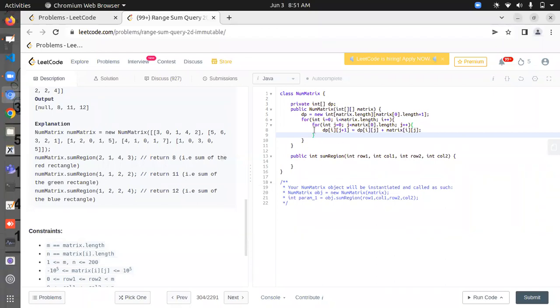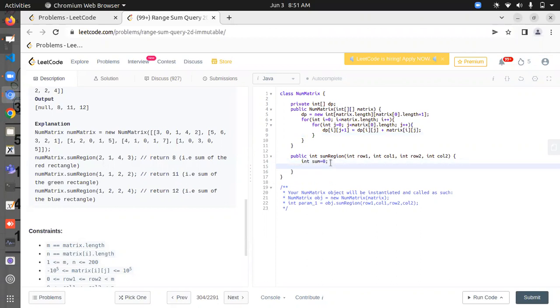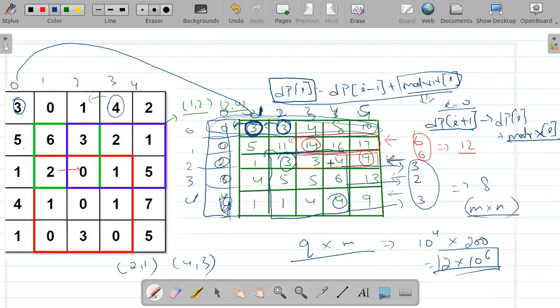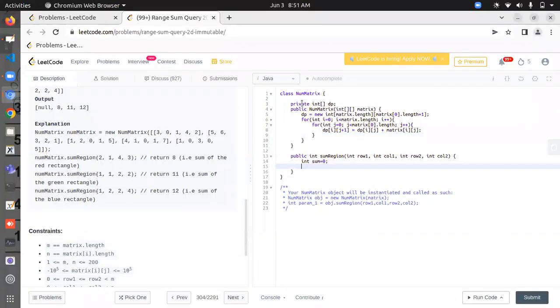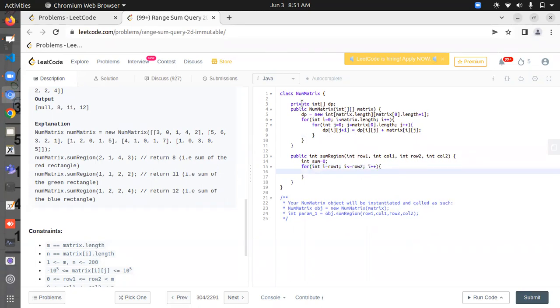So this is a pre-computation which I've already done. Now I'll create a variable sum, and I need to calculate the sum. I was iterating over all the rows and calculating the sum of that row in order one time, right? So for each row, starting from row 1 and going up till row 2, this plus plus, and the sum is going to be